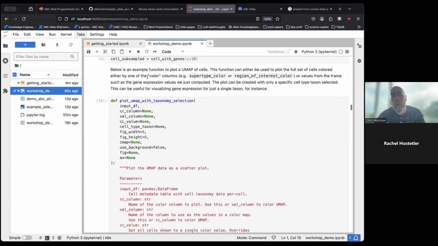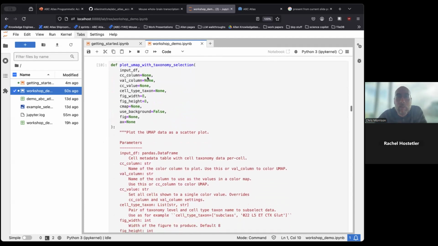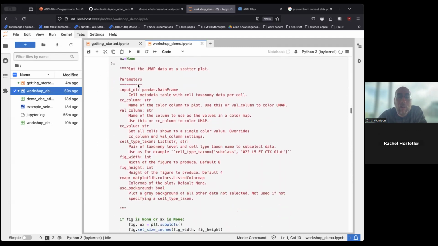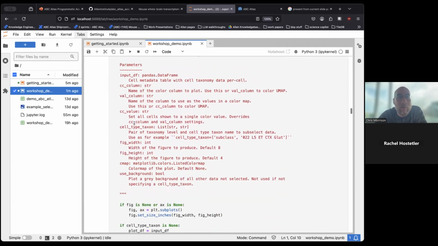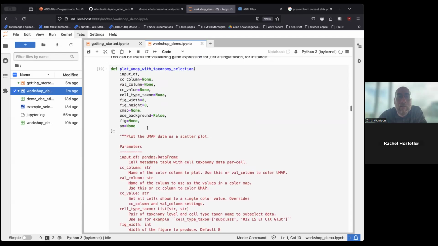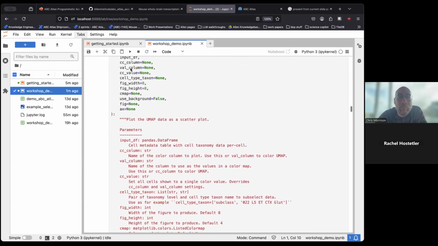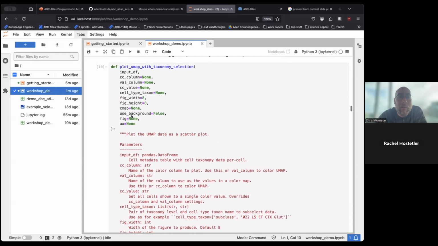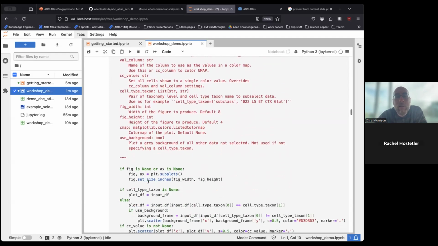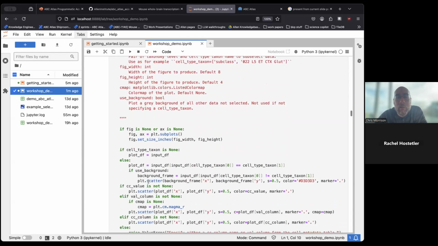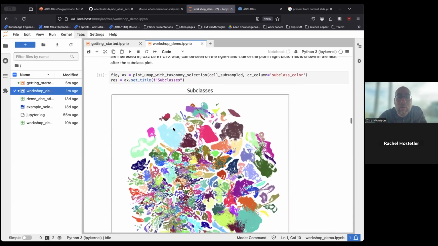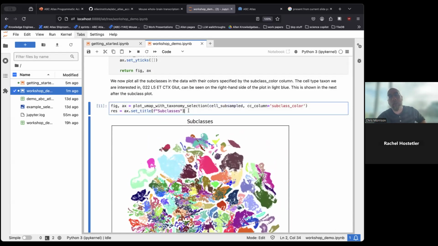Cool. All right. The other thing that is in that cell matrix is the position of the cell in the UMAP. So we can just declare a convenience function here. Hopefully I've documented everything available in this function. This is basically an example of how I want to plot my given cells. So that's the input data frame, and then extract a given subclass or supertype or some sort of cell type taxonomy and plot it on the UMAP. So if I scroll down and execute this function with my cells,